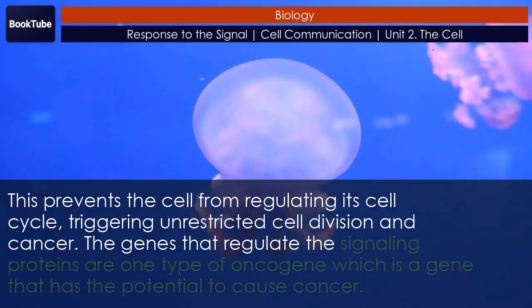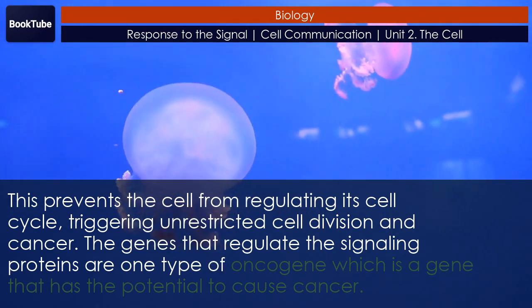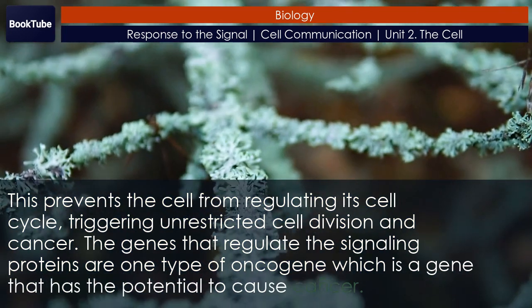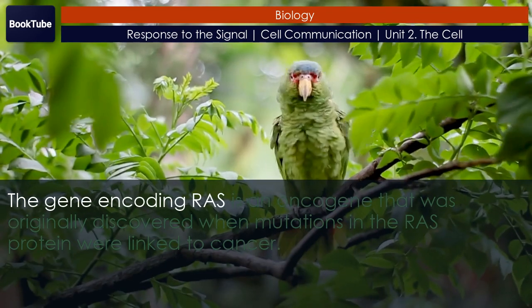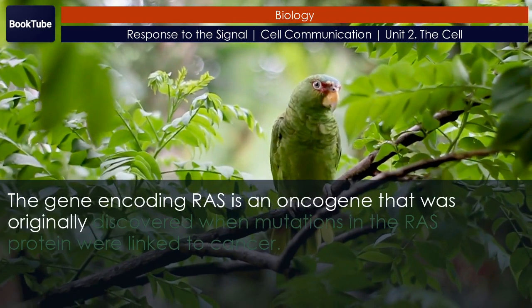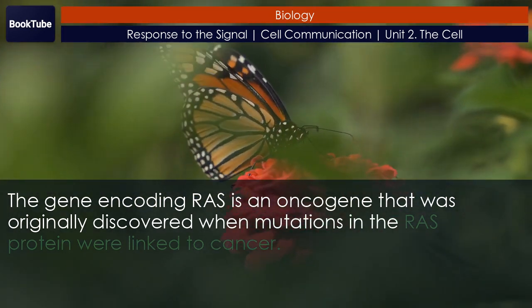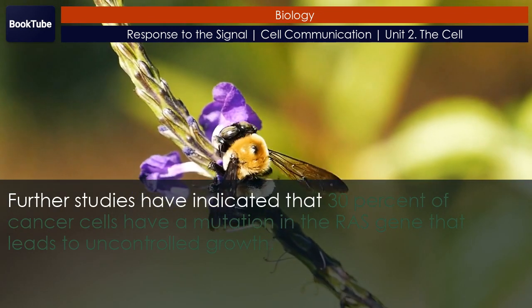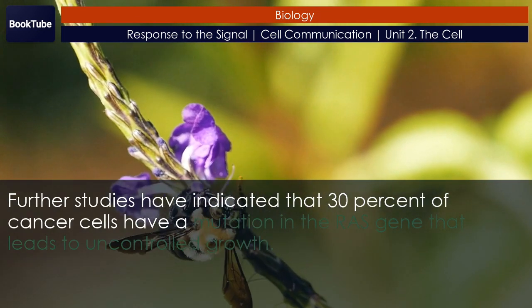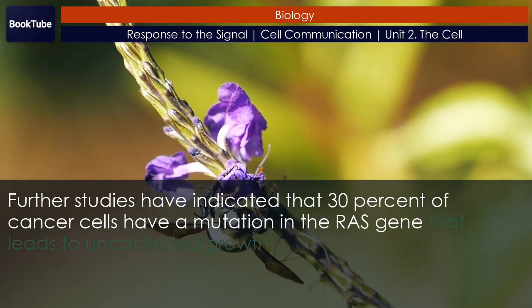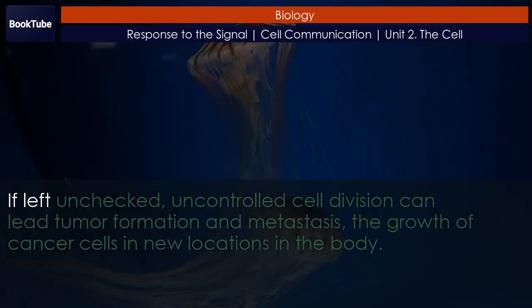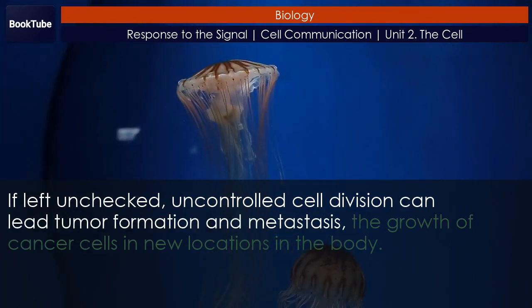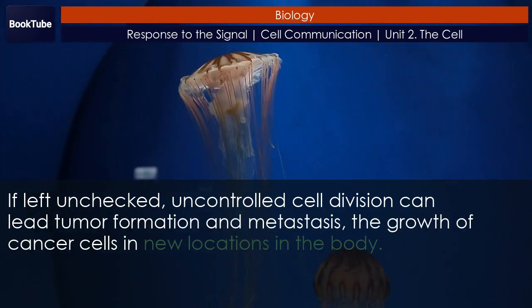The genes that regulate the signaling proteins are one type of oncogene, which is a gene that has the potential to cause cancer. The gene encoding RAS is an oncogene that was originally discovered when mutations in the RAS protein were linked to cancer. Further studies have indicated that 30% of cancer cells have a mutation in the RAS gene that leads to uncontrolled growth. If left unchecked, uncontrolled cell division can lead to tumor formation and metastasis, the growth of cancer cells in new